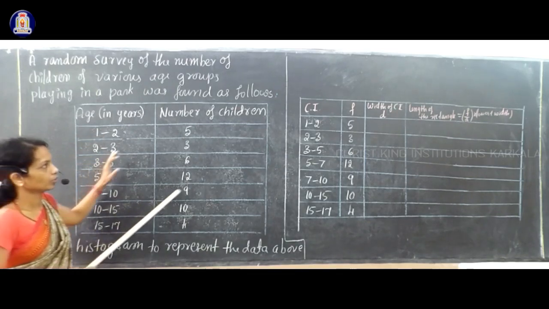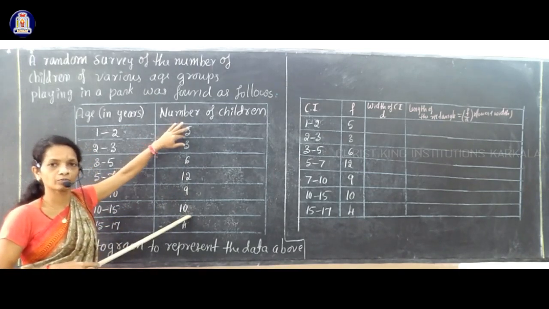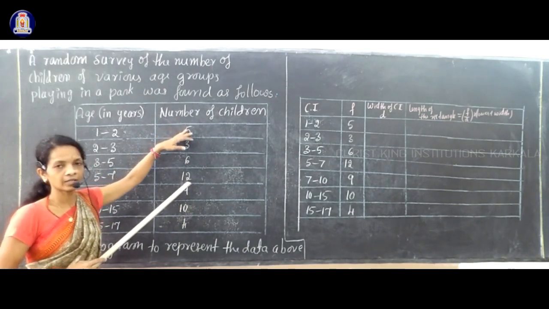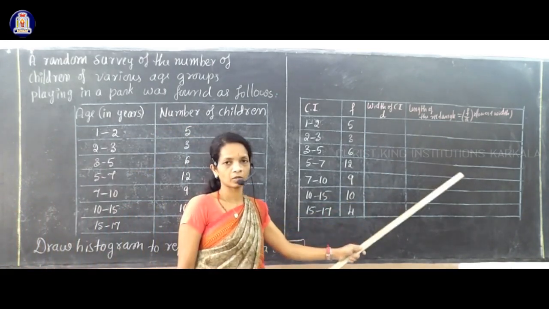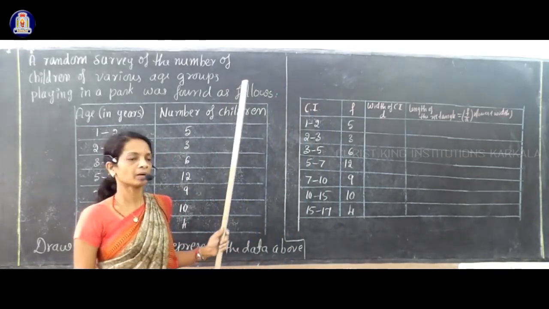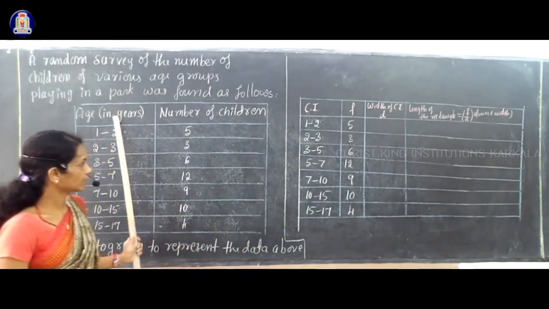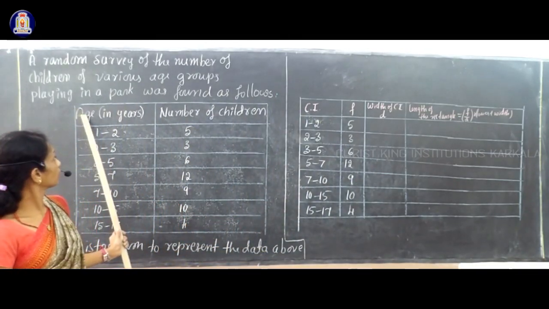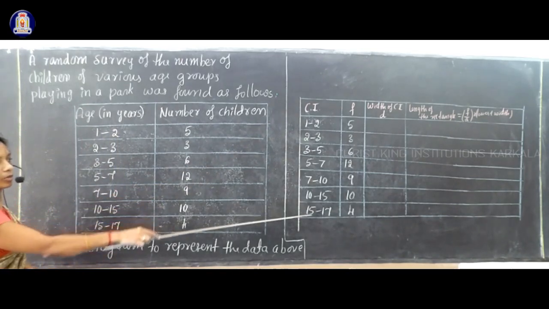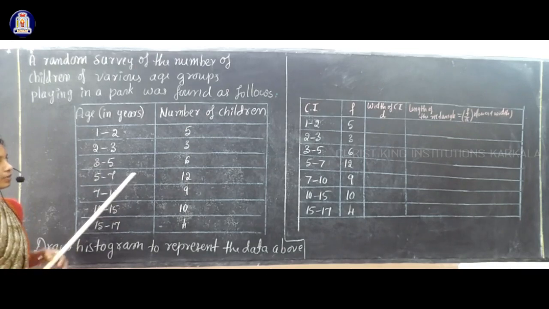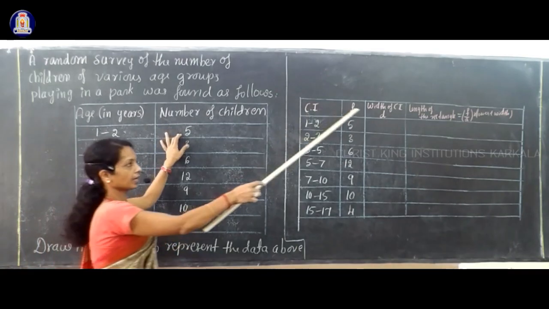So at that time, you should not take up these number of children, that is the frequency, as the height of the rectangular bar. To calculate actual height of the rectangular bar, you have to do these steps. Okay, you have to do one more table in answer part with the class interval column and frequency column. These two columns will be there in the question. Okay, this age in years, so in that you have class intervals. So first column you have to make for class intervals. Next number of children, that is the frequency column, that you take as f.